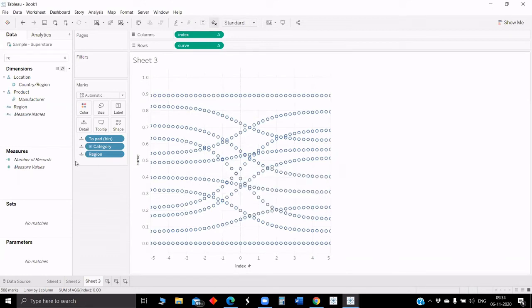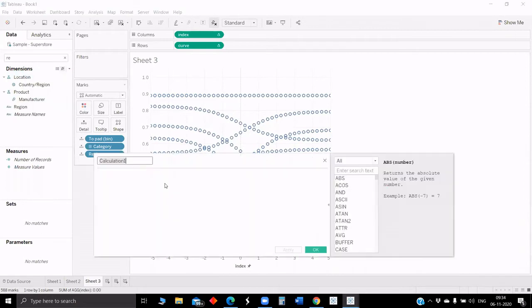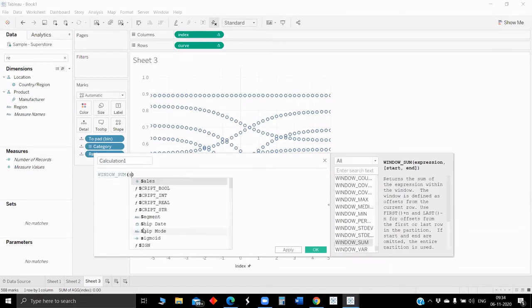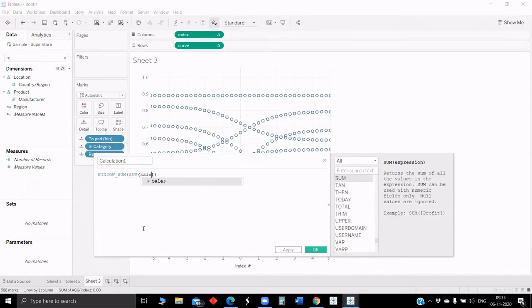Now we got the curve, but we have to distinguish based on the size. Here we are trying to show the flow, how the sales is happening. So we'll create a calculated field. Window sum, sum sales. Size.